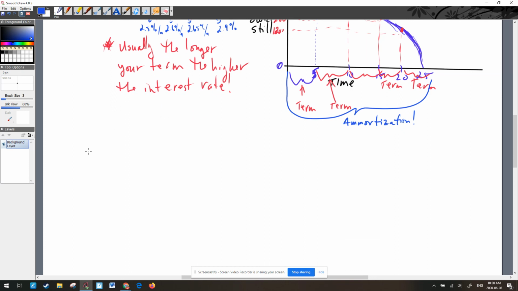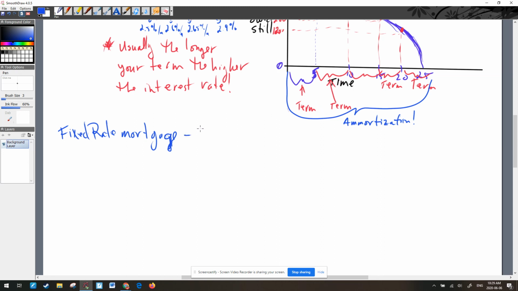And so there are, again, the longer that financial institutions are around, the more different options and the more confusing it becomes. But in the grand scheme, there are 2 different types of mortgages that you can get. You can get something that is called a fixed rate mortgage, okay? And a fixed rate mortgage is when you enter into your term with the bank.